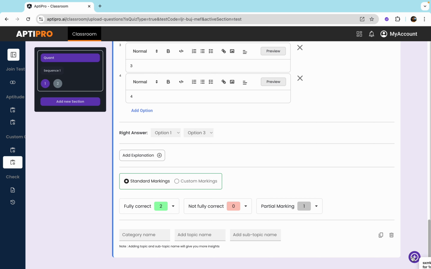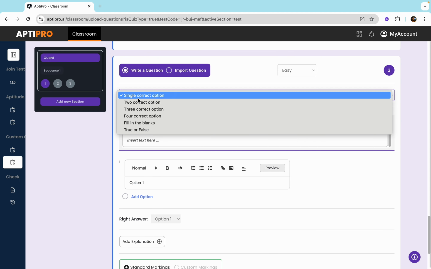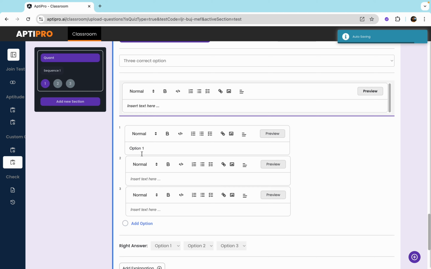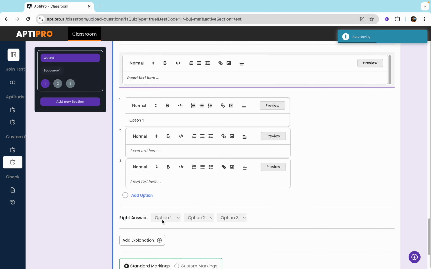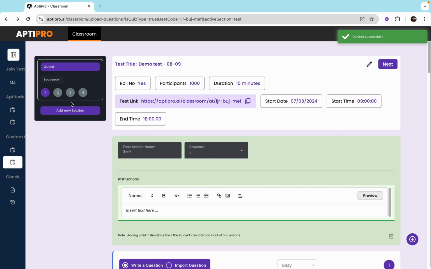Again, next, the same thing goes here. You can choose 3 correct option, and you can give the right options, 3 options. You can come to the marking. If fully correct, give 3 marks. Not fully correct, 0 marks. Partially correct, 1 mark or 2 marks. So you can give it your way. You can choose the marking over here. Yeah. Once you're done adding all your questions in the quant section,